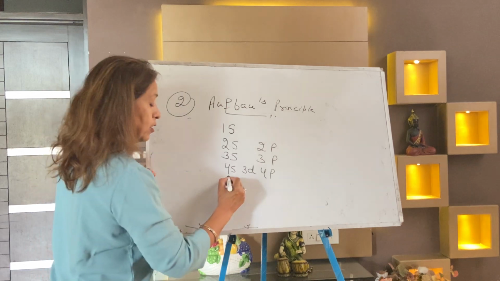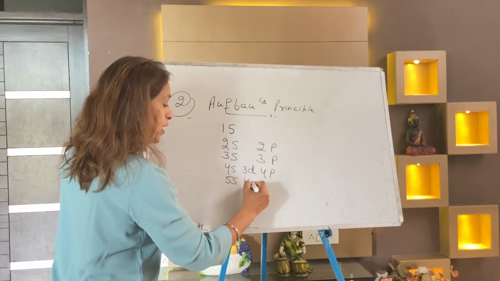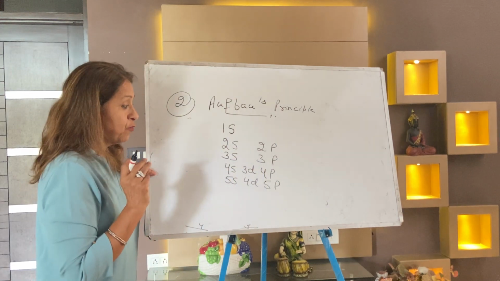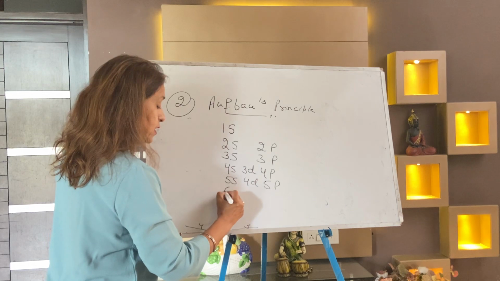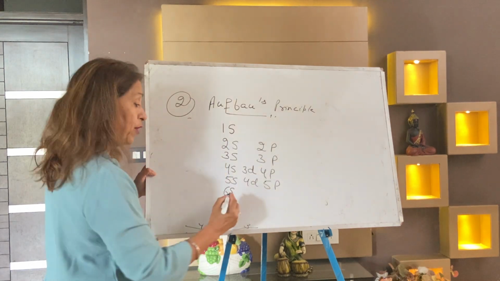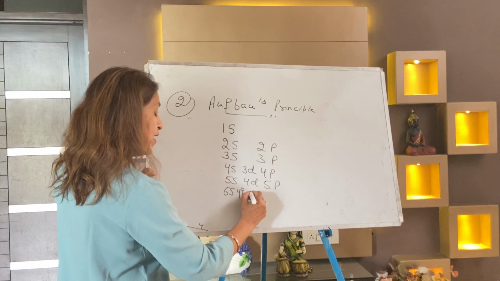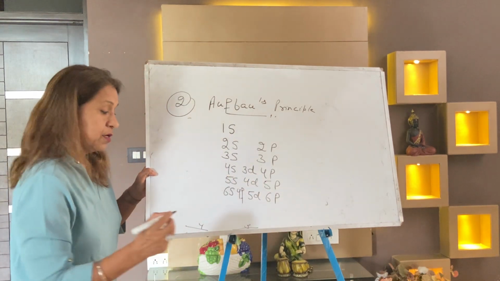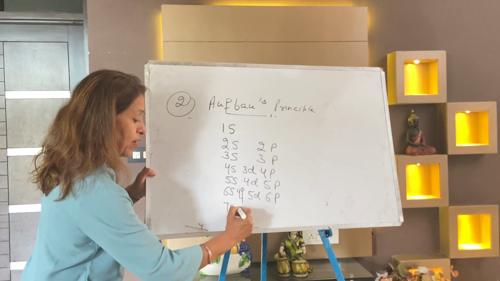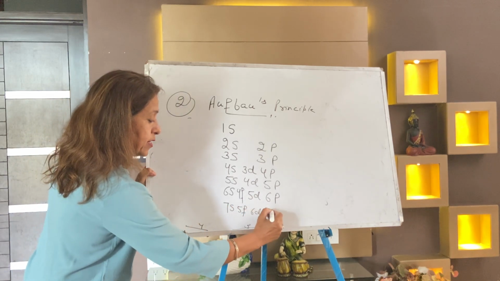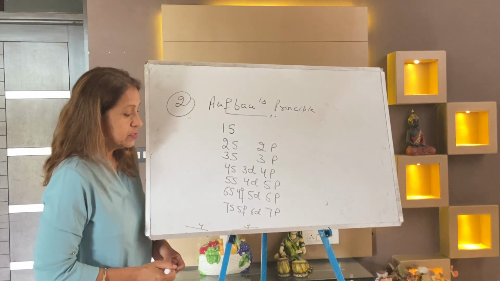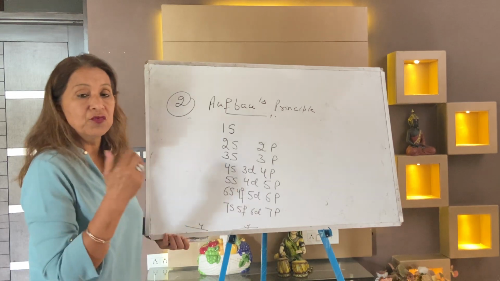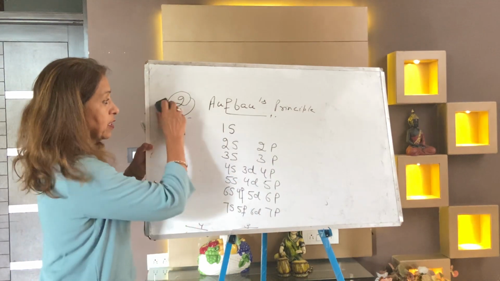You know what the periodic table is. Now 5s, 4d, 5p. Now you can see the pattern, in a very clear manner. 6s. Now after 6s there is 4f, 5d, 6p. The last is 7s, 5f, 6d and 7p. Now with the help of this principle, I am going to fill the electrons in the orbitals.